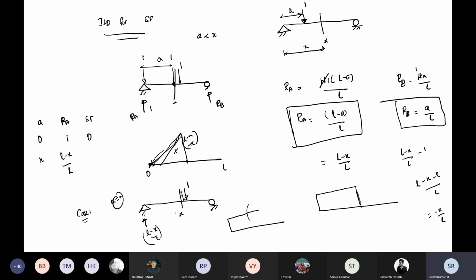So in the same way, if I'm putting the unit load exactly at this place before the section, on the left, that is also equal to X only. I'm putting it left or right, very adjacent to the section. When I'm keeping it like that, you are getting minus X by L. That value is here. Same portion I'm just drawing. This is my ILD.